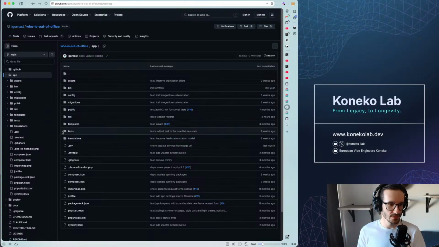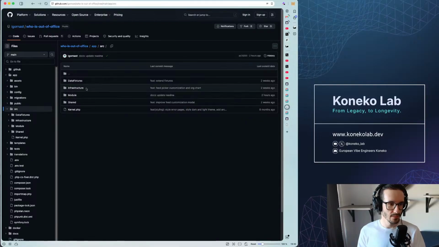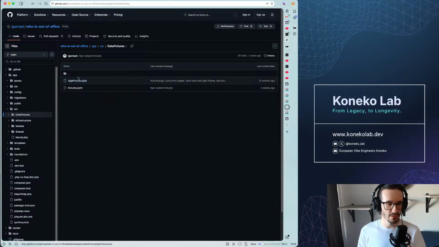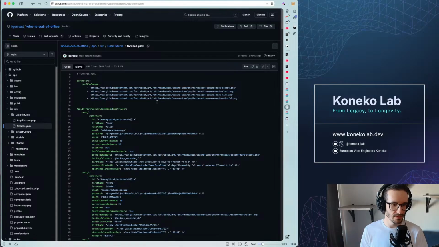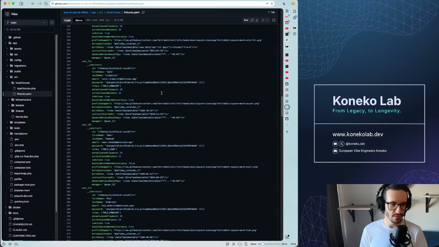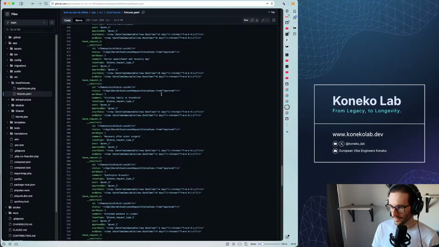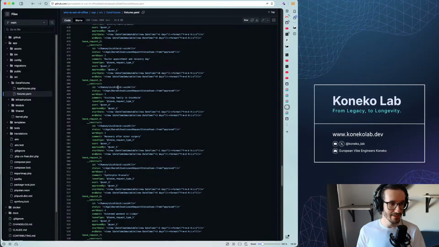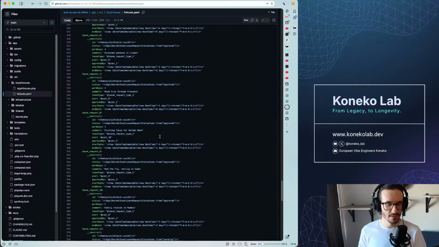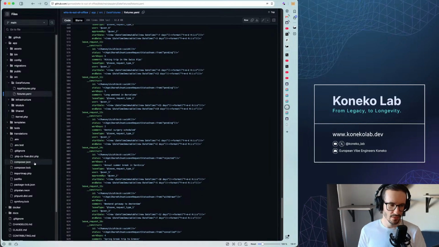Let me show you fixtures, because there is a full fixture set for you. You don't have to create accounts or different roles, different users. It's all here. All you have to do is type just start, and of course you need to have Docker. If you have Docker configured on your machine, then all you have to do is just start